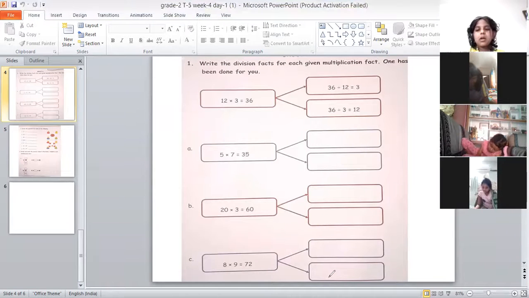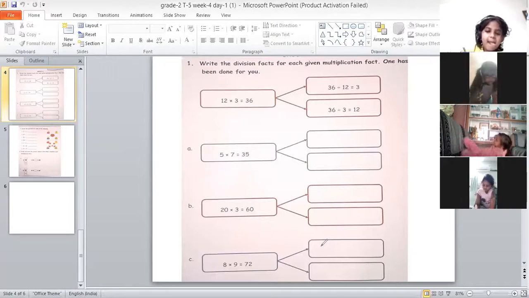Yes, Lohit. Third bit. 72 divided by 8. First read the question. 8 multiplied by...